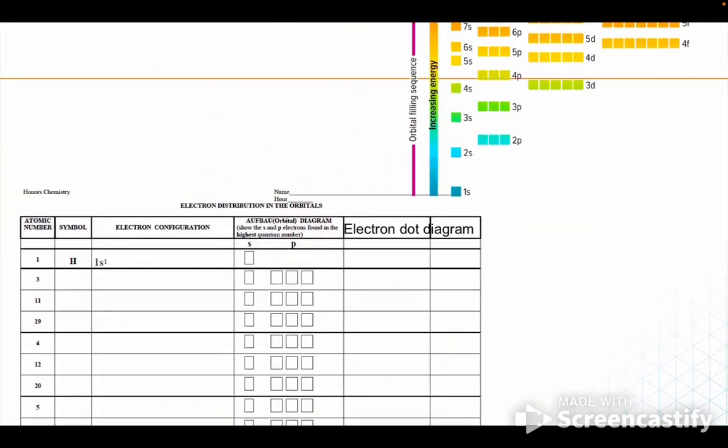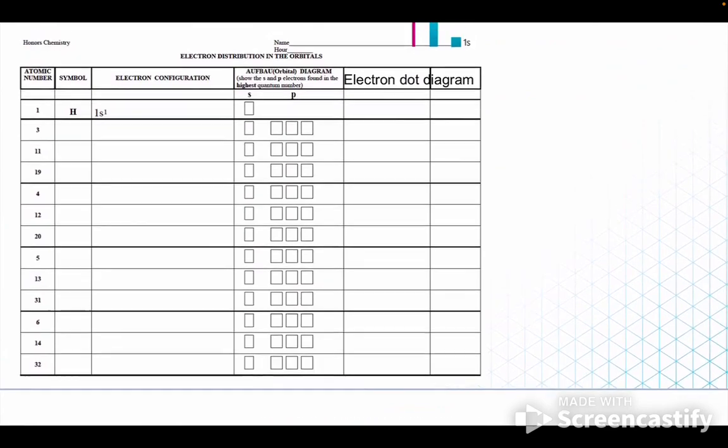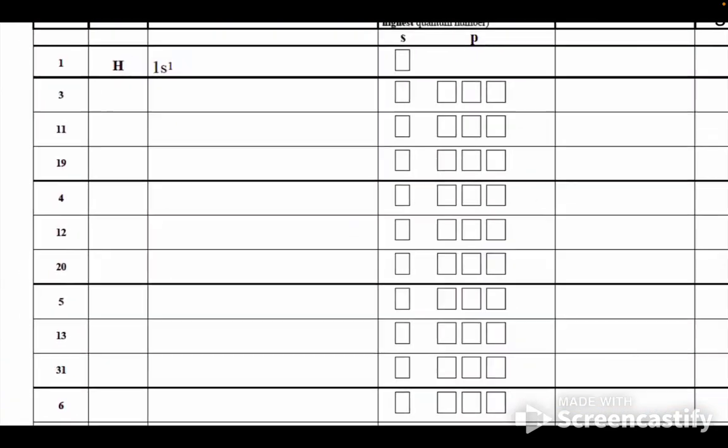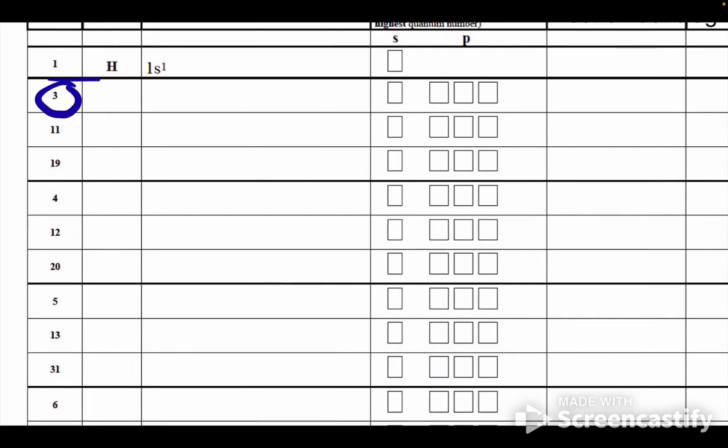I think I'm done. So doing the worksheet right now, I would recommend that you do the ones that are under the dark line. And then after that, I would go and watch